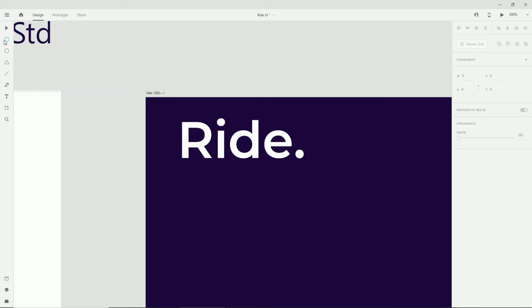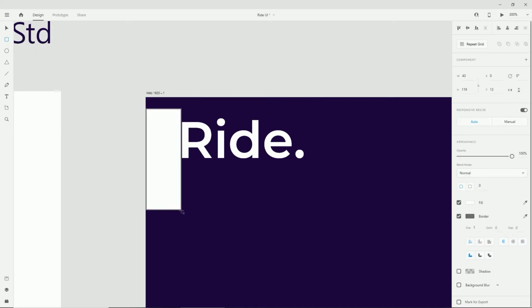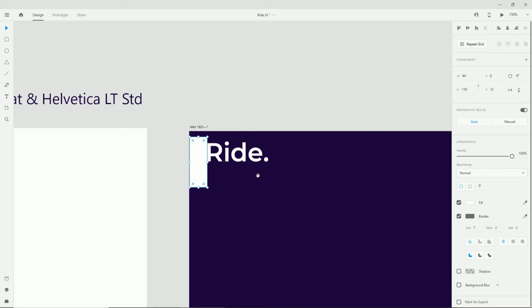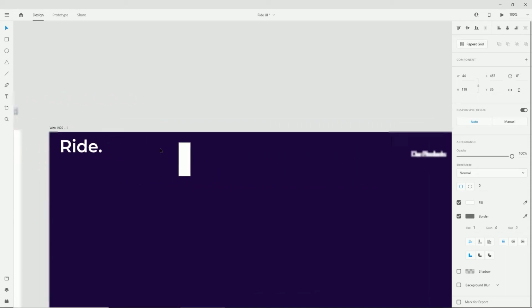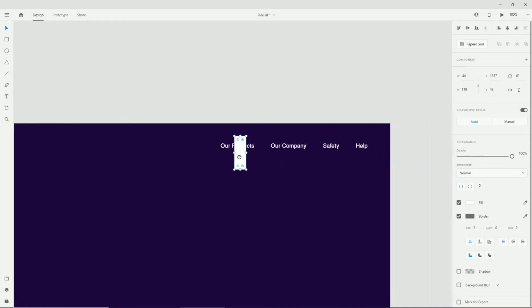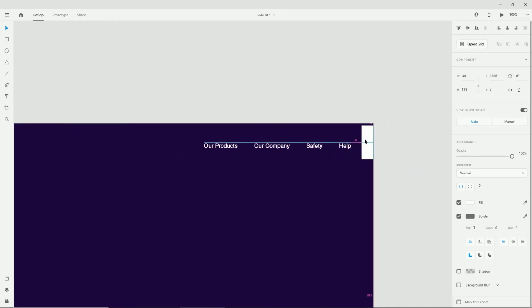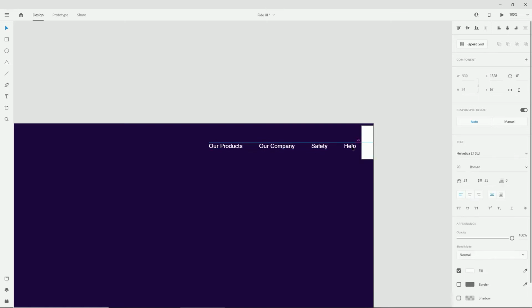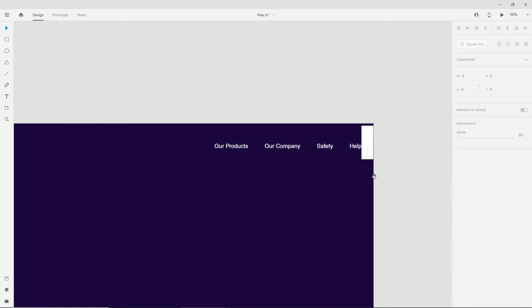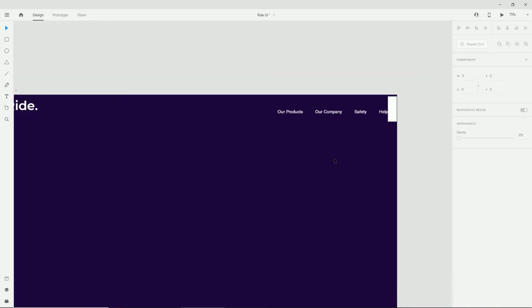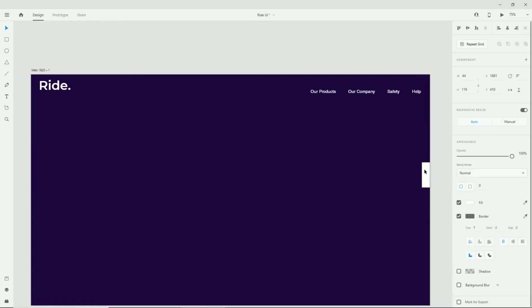I will create a rectangle using the rectangle tool in here, just like this. I think this is roughly the size that we need for the right side of the screen, and what I can do is move this square to the right side of the screen, just like this, around here. I will align the text just like this. So now, if I zoom out, you will see that we have equal spacing on the left side and the right side of our screen.